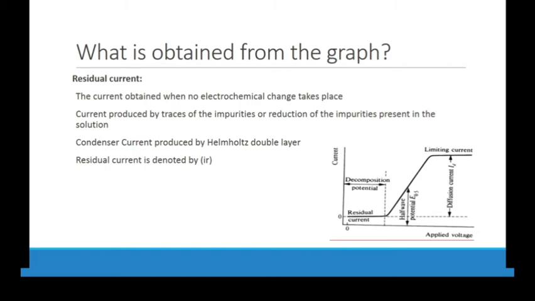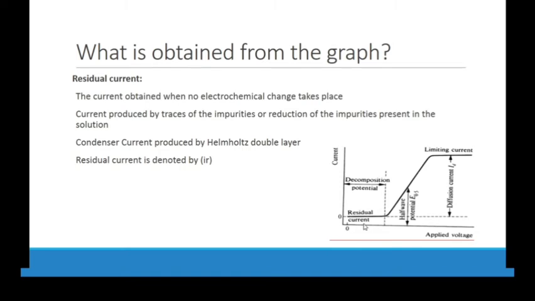And when these impurities reach the cathode, and if their reduction potential is in the range of mercury, they will reduce on the surface of mercury, and then we will see residual current. Also, because of the double layer of electrolytes around the cathode, we will see residual current.